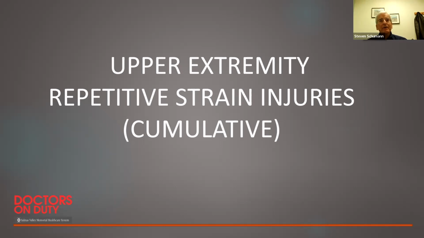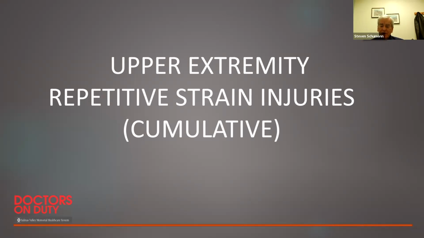About going to talk today about upper extremity repetitive strain injuries. And in the work comp world, repetitive is also simultaneous with cumulative. Cumulative trauma is the term often used. So what we're going to talk about are those injuries, sprains and strains, that occur over a period of time. They're not acute injuries, but they tend to be cumulative. There's something in the workplace that is a stressor, generally physical, that produces the problem.